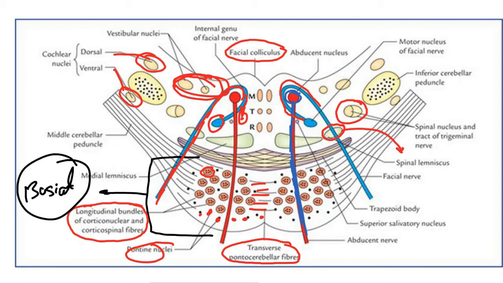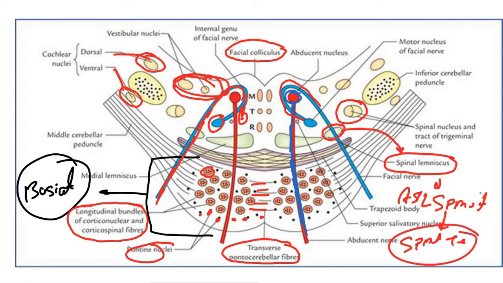So if you have seen my video of the spinal cord, I had explained very well that spinal lemnisci is formed by the three tracts: the anterior and the lateral spinothalamic tract and the spinotectal tract. These three tracts will combine together to form the spinal lemnisci. Okay, and here as you can see, this is the medial lemnisci, which was formed in the medulla by the